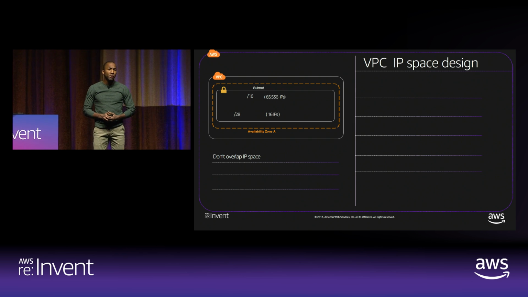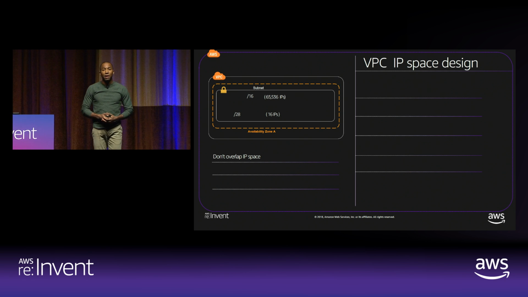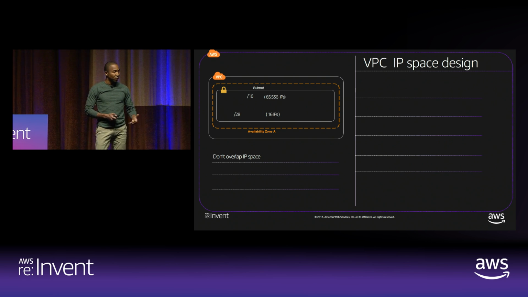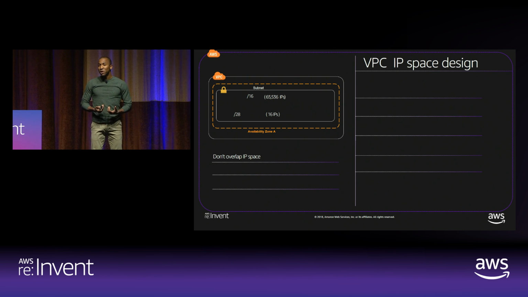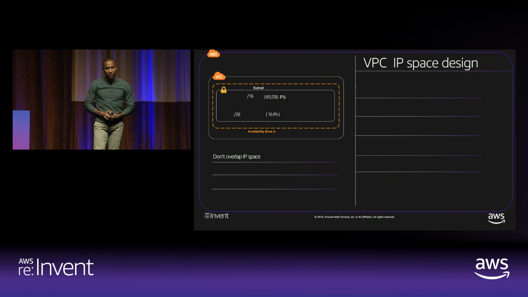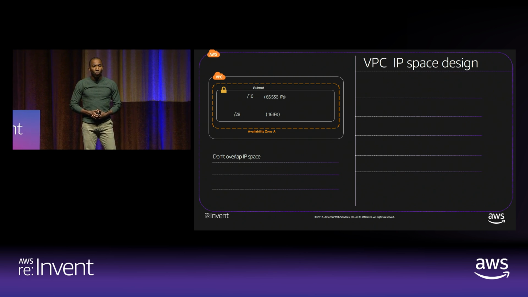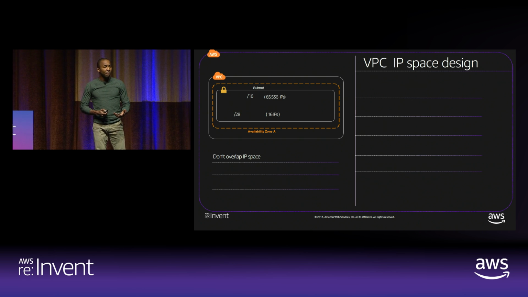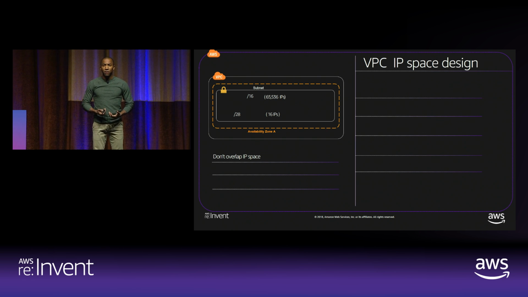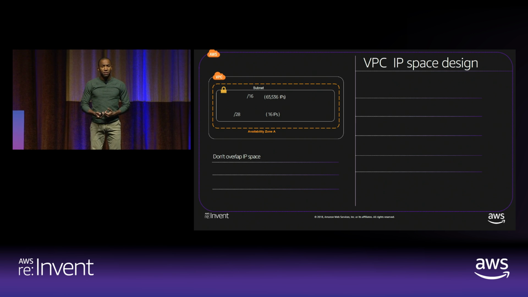The very first thing you do within your VPC is to define the CIDR range that's going to be associated with it. What I recommend is that before you go inside the AWS console, you work with your network engineers. Ask them, what IP space can I actually use for this particular VPC? Because at the end of the day, a VPC doesn't stand alone. You're either going to decide to route traffic internally only within the VPC, or in most cases, customers need to route traffic back on premises.